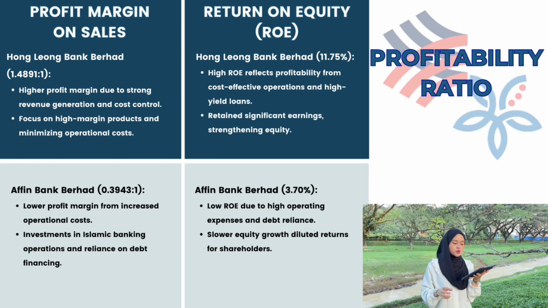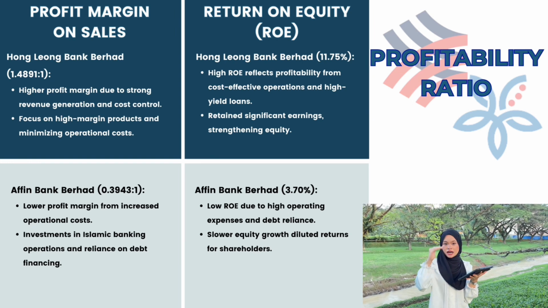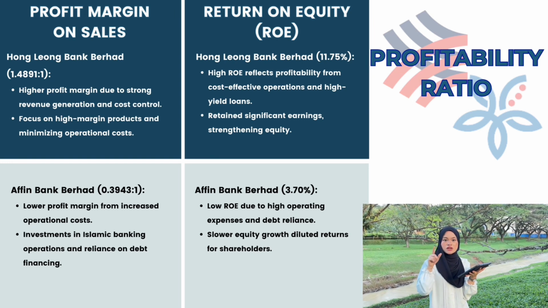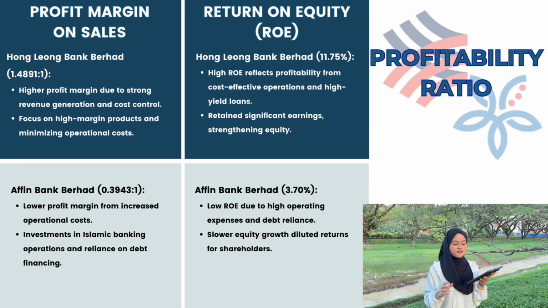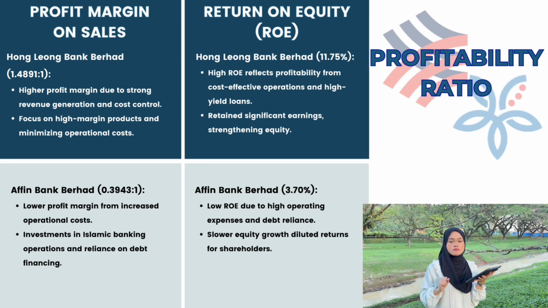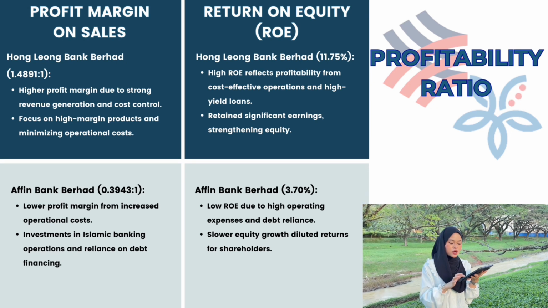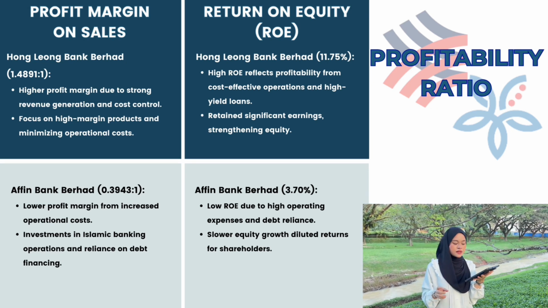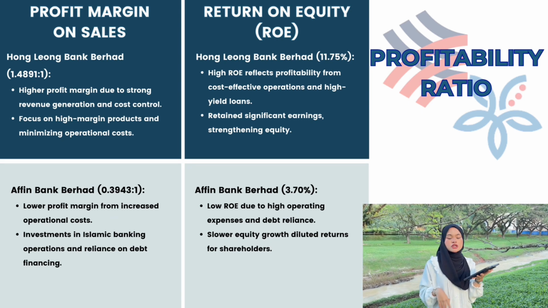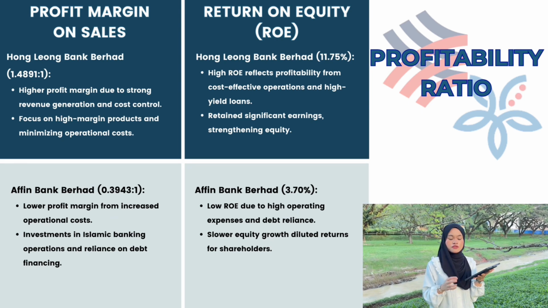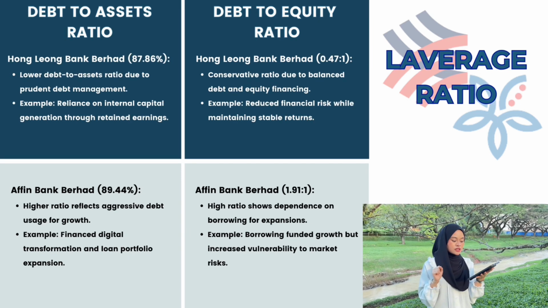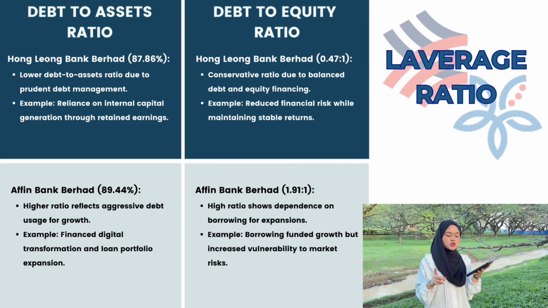And next, for ROE, Hong Leong Bank achieved a high ROE of 11.72%, reflecting cost-effective operation and strong equity management. Meanwhile, Affin Bank's ROE was 3.70%, due to heavy debt financing and slower equity growth, reducing returns to the shareholders of Affin Bank. For debt to asset ratio, Hong Leong Bank's debt to asset ratio was